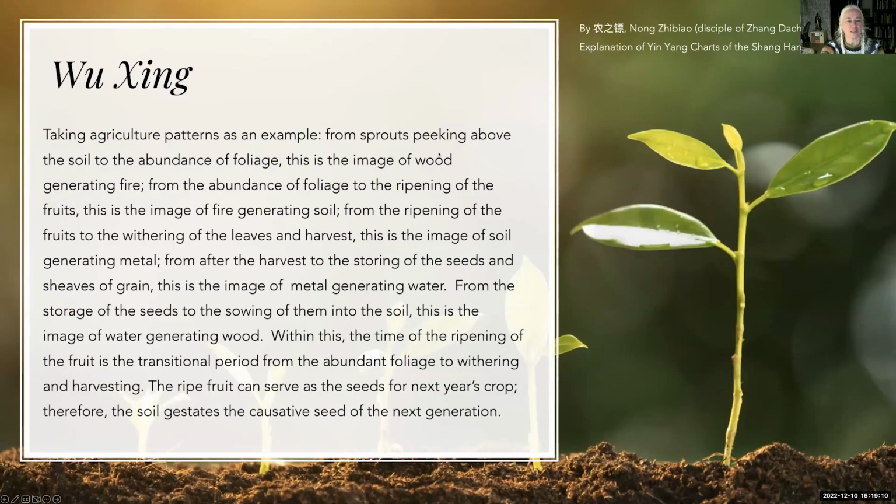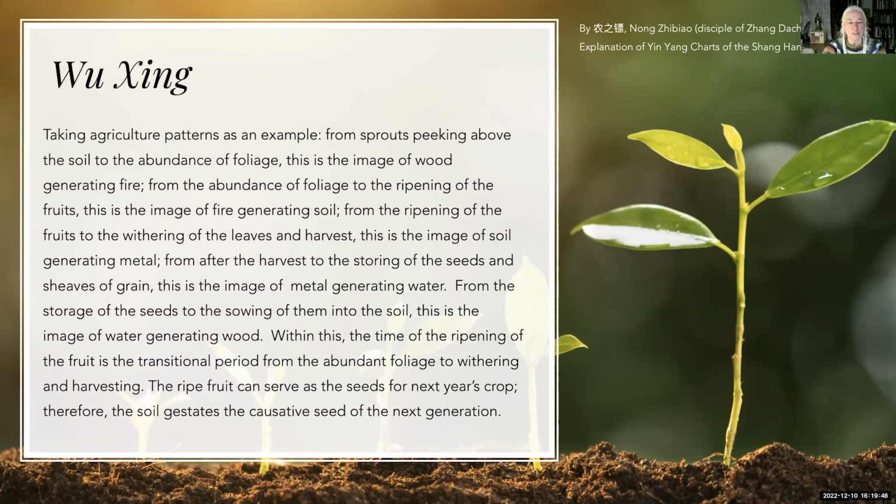Taking agricultural patterns as an example, from sprouts peeking above the soil to the abundance of foliage, this is the image of wood generating fire. From the abundance of foliage to the ripening of the fruits, this is the image of fire generating soil. From the ripening of the fruits to the withering of the leaves and harvest, this is the image of soil generating metal. From the harvest to the storing of seeds and sheaves of grain, this is the image of metal generating water. From the storage of seeds to sowing of them into the soil, this is the image of water